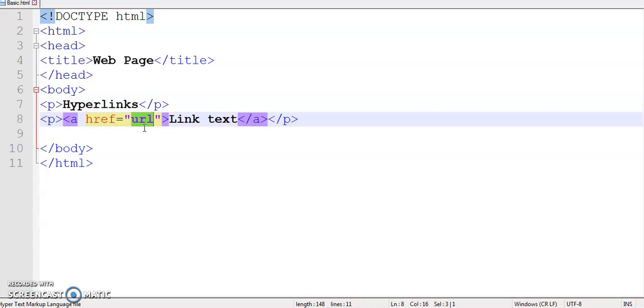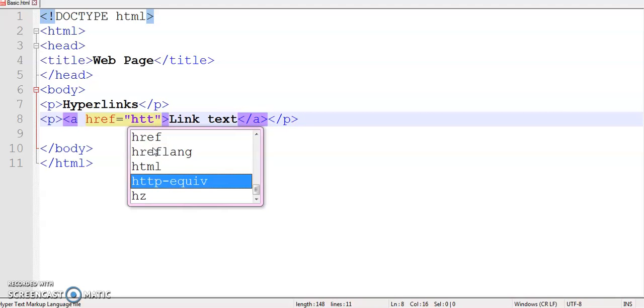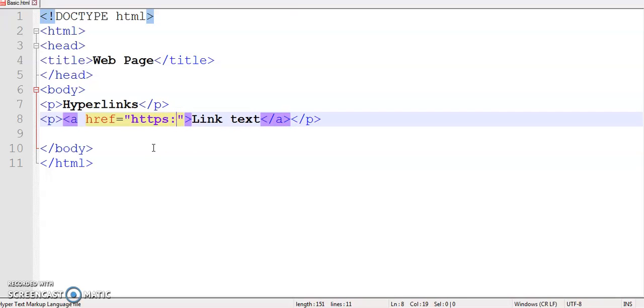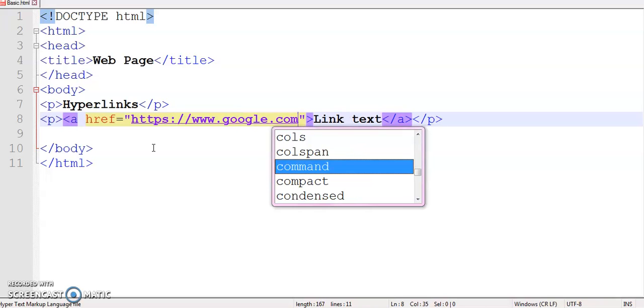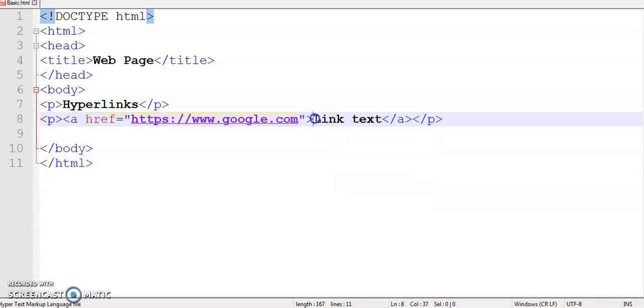Now take an example. Suppose you want to open Google from your web page. All you have to do is type the Google address here. So typing the Google address https://www.google.com and type a preferred text in the link text position.